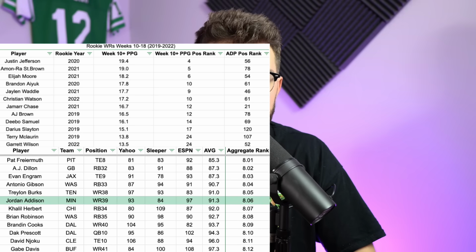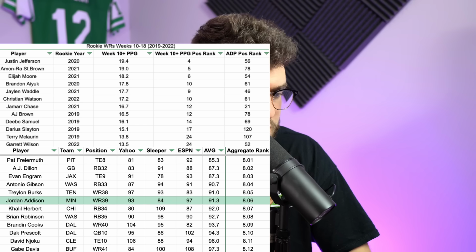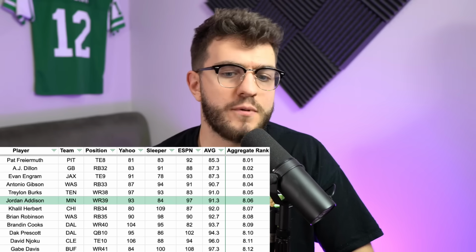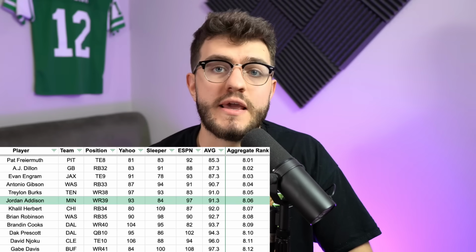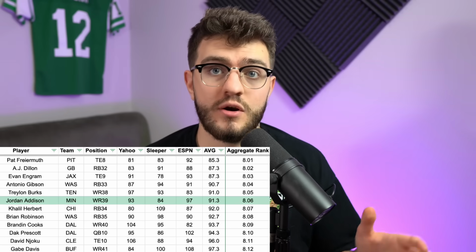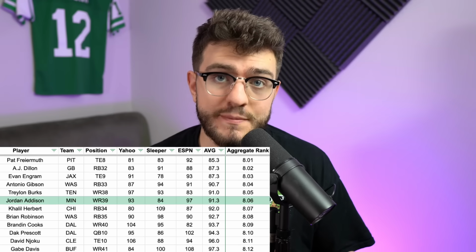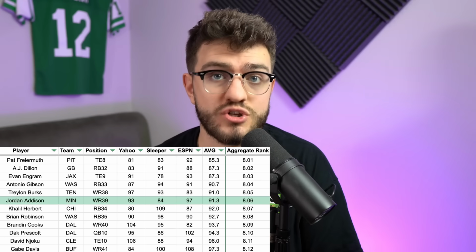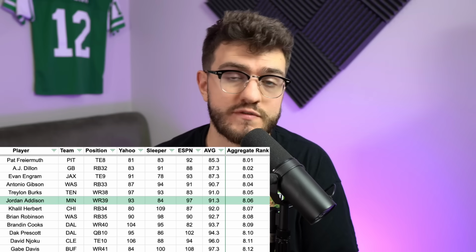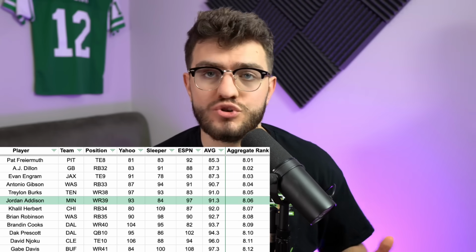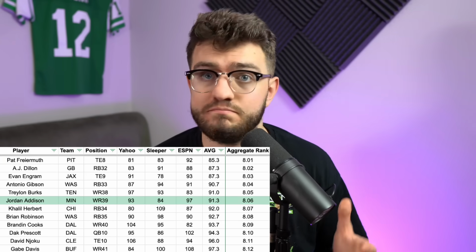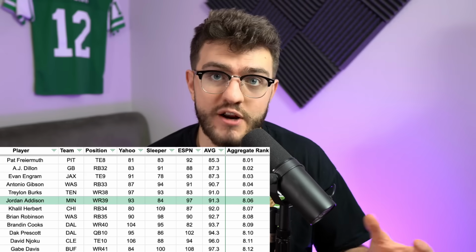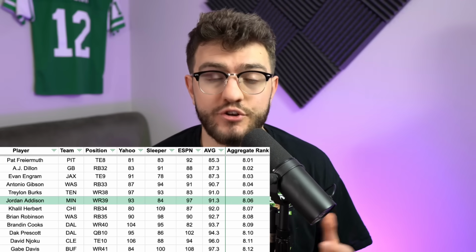and I think Jordan Addison has a great case to be one of these late season hammers as a really strong prospect. He was drafted in the 1st round. He has a trump card skill set where he is a really good route runner. He's going to get separation. A lot of these teams are going to focus a ton on Justin Jefferson, give him bracket coverage, give him safety help. And you're going to see Jordan Addison tear up some of these secondary, tertiary, whatever you want to call them, corners out there and do really well.